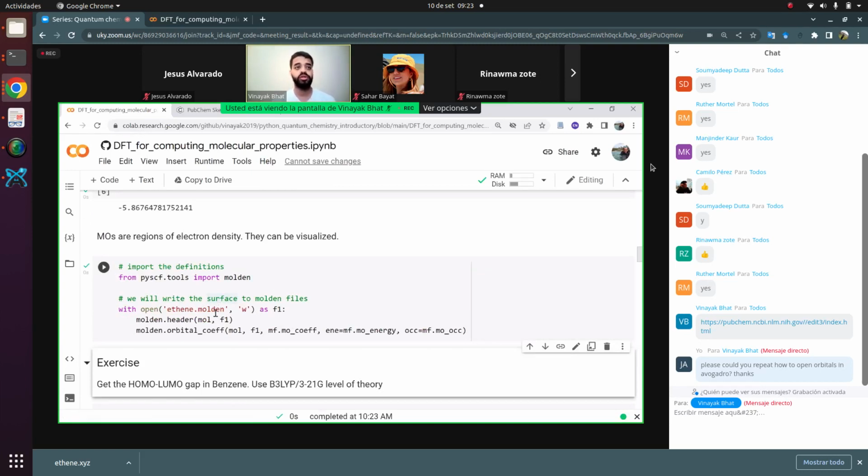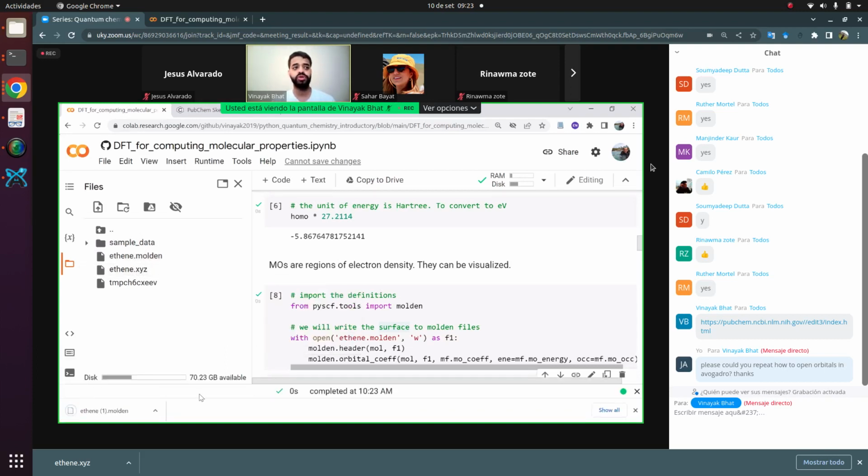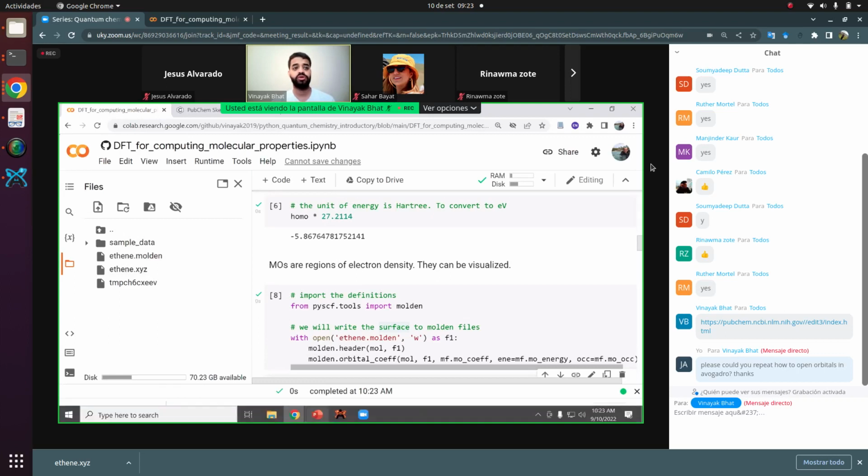To look at the Molden file that is generated, click on this files button over here, and then you will see the Molden file that is generated. Click on those three little dots that you see, and then download the file. So this should have information about,